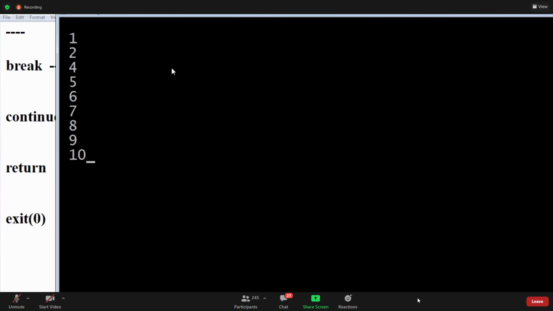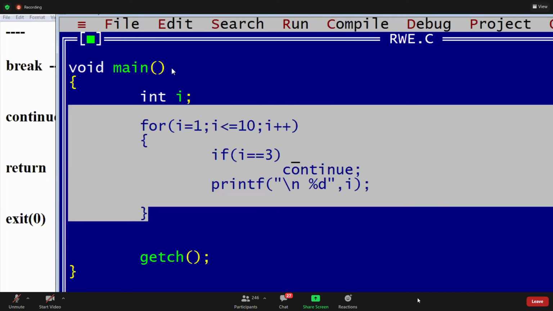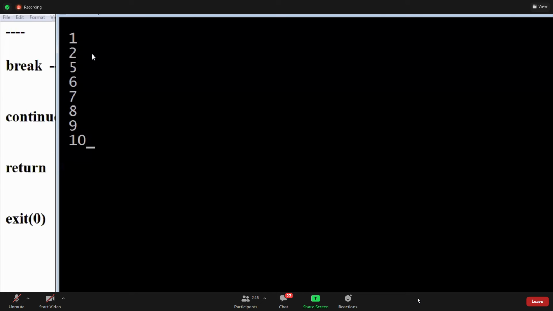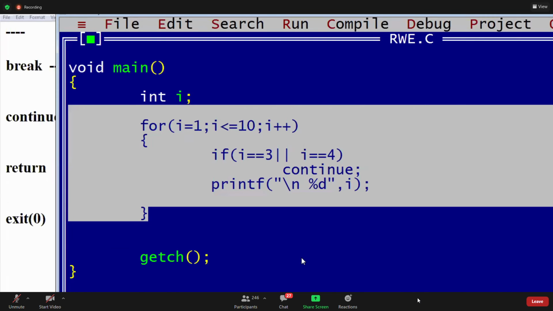For example, I want to miss one more number also, 5 also. Or see this, 4 also. I want to miss 4 also. Now what does it print, guys? See this. If 3 or 4, then it skips the statements. 1, 2, there is no 3, 4, guys. 6, 7, 8, 9, 10. Right? Then write this program. Continue. Guys, remember, it skips the below statements, not the above statements. Remember that point. Yeah, next example. First write this. 1, 3, 4 missing. The remaining statements it prints, 1 to 10.